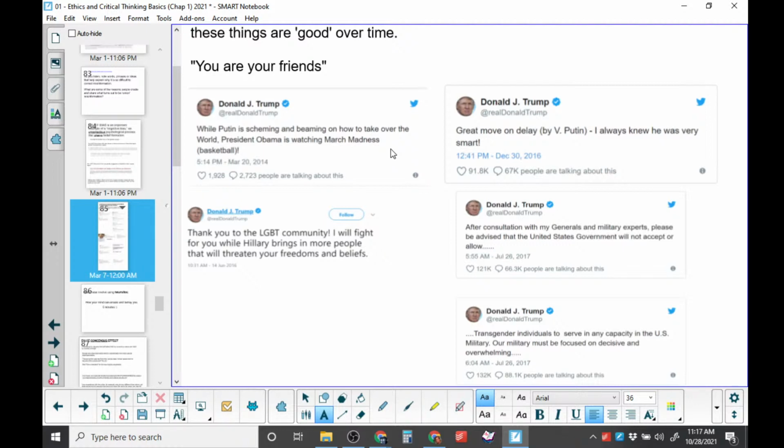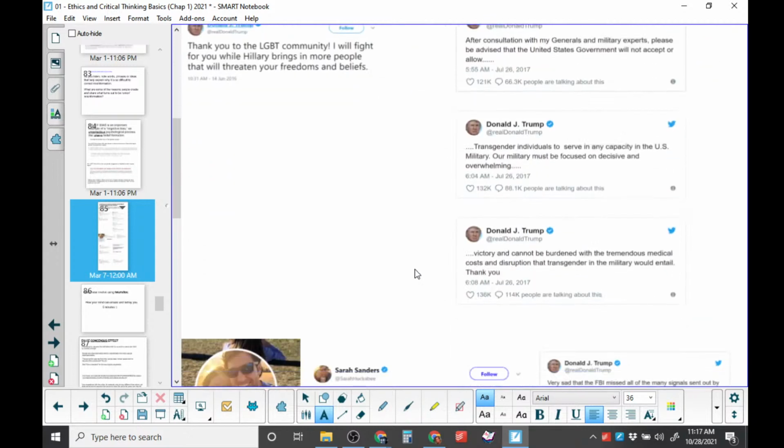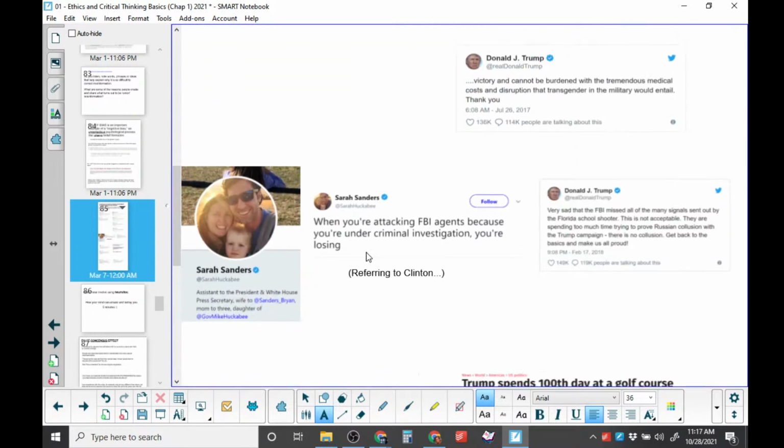military. This is, by the way, against the advice of his military leaders, because they had a lot of current soldiers that they would have to get rid of, that they spent a lot of time and money training and were incredibly useful. And he went on and on and on.